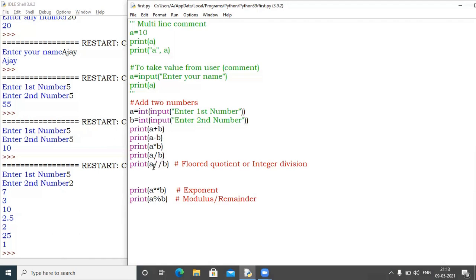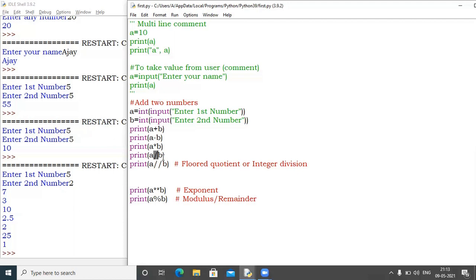Whereas if we are talking about floor division, where I'm using double slash, you will not get the answer in decimal. Whether your answer is 2.5, 2.4 or 2.8, anything, you will get only 2. It will remove all the decimal values. But with this division, it is 100% compulsory that you get the answer in decimal.